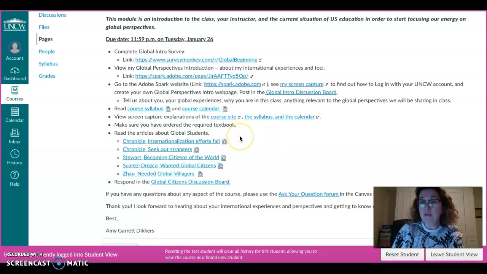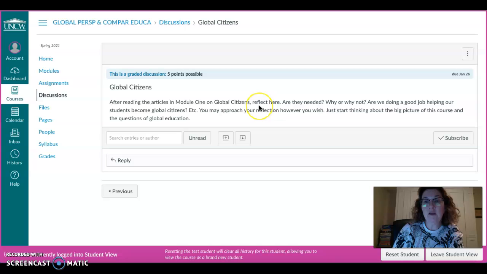Then the content for this module, so this is introduction, is to read these 5 articles. They're very short. They're written for practitioners. They're a couple pages from an ed leadership type journal or from the Chronicle. These 2 are from the Chronicle of Higher Education, so they're very short. Read these, please, and then in the Global Citizens Discussion Board, provide me some insight into what you think about this idea of global citizens.